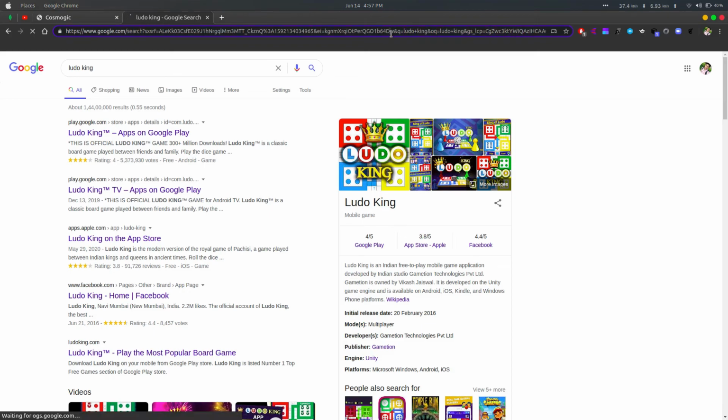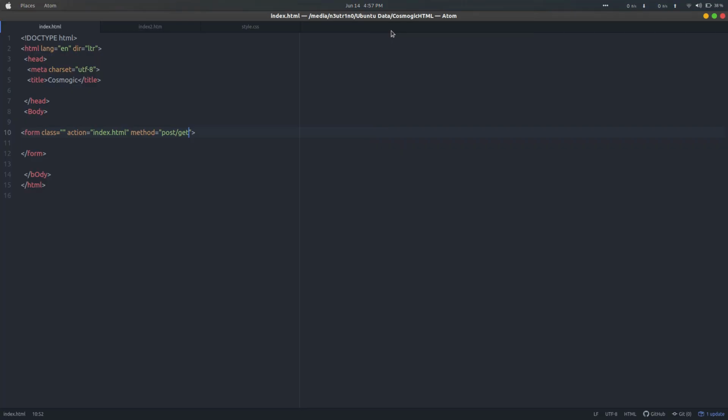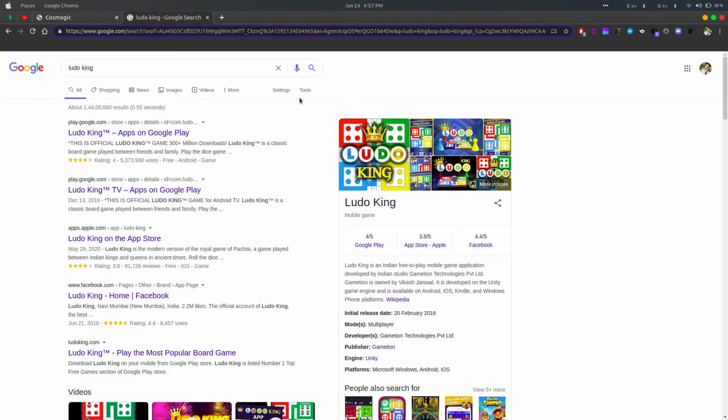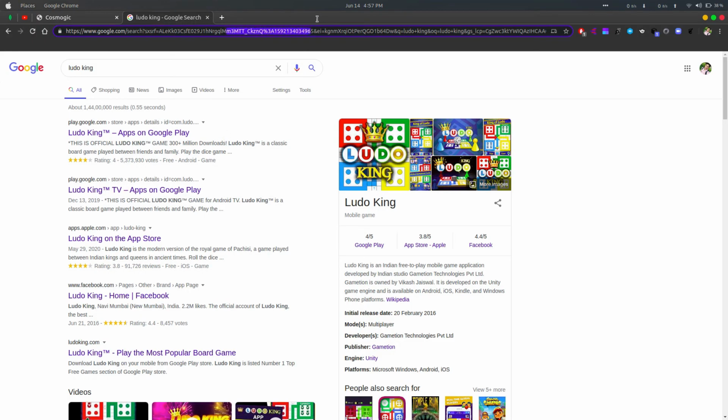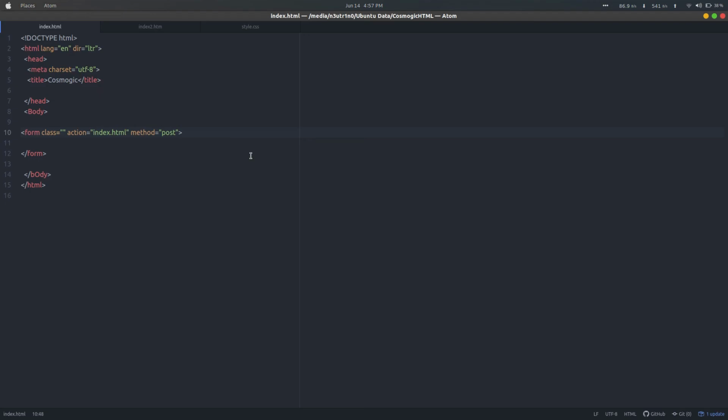When the data that we enter is not sensitive or personal information of the user, we can use the get request. But when the information is crucial for the user and we can't afford to expose it, we use the post method, so that anything we enter here is not visible.